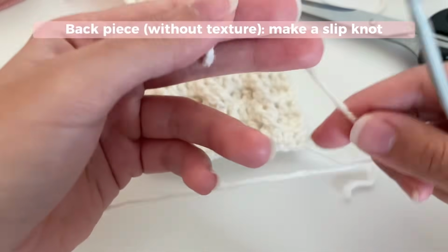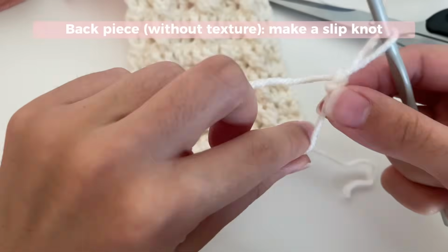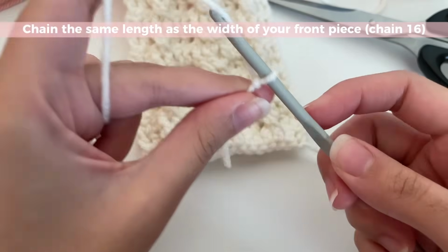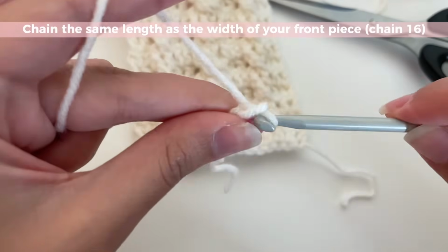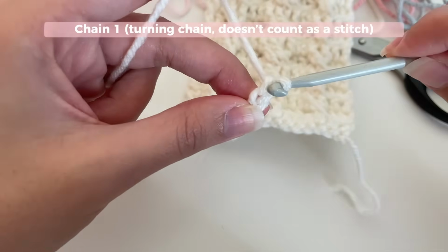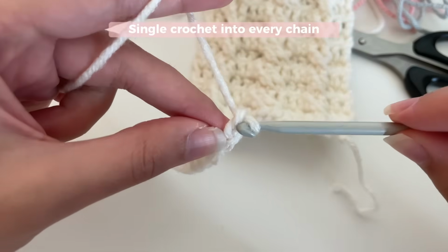Start with a slip knot. And then go ahead and chain the same number that we did over here, I think that was 18. Once you're done with that, you're going to chain 1, which is your turning chain, and then you're going to single crochet into the second chain from your hook. Skip this one, go into that one,